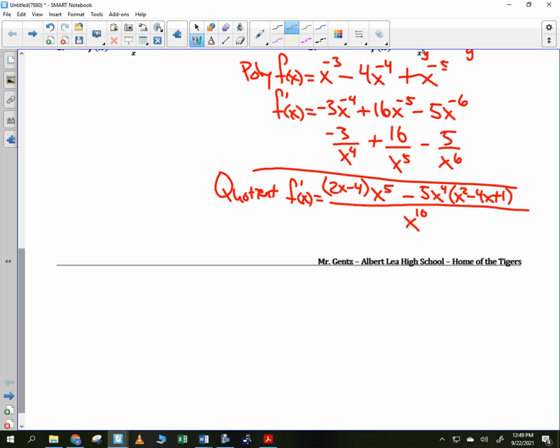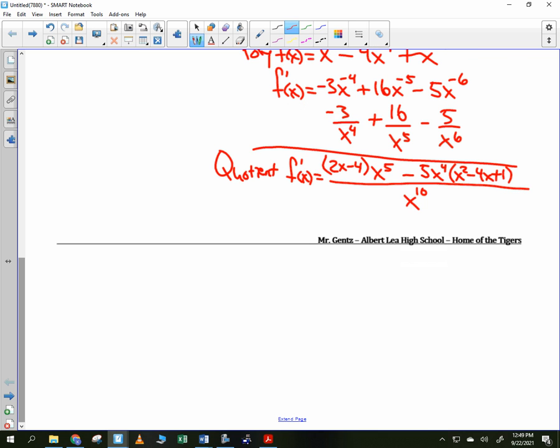So I apologize, you're probably running out of room a little bit here. But if you just want to follow mine, if you want to write it down, that's fine. But let's just see if we can make that look like that. First thing I'm going to do is distribute this x to the fifth all the way through. And notice I get 2x to the 6th minus 4x to the 5th. And that's going to be minus 5x to the 6th plus 20x to the 5th minus 5x to the 4th. All over